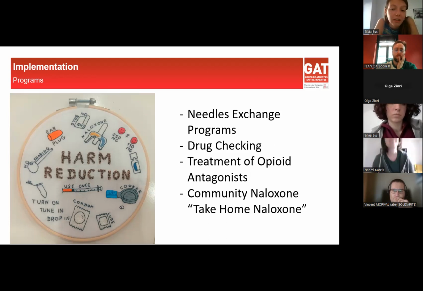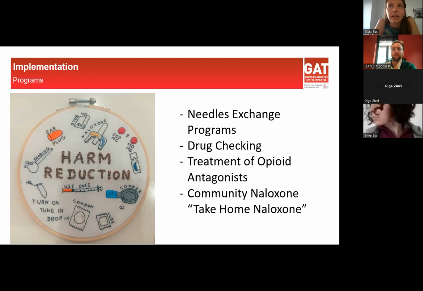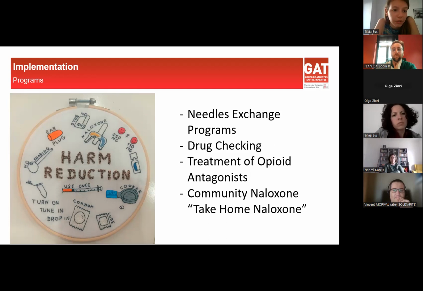And we have to make it communitary, because it's something that is in hospitals and ERs, but in the end, the community is going to be there when the person is having an overdose. So it's really important that we provide trainings for the people, for the drug users, and we give it to them in order to be there and be able to use it, even if they don't have enough to revert an overdose. At least it can help until the emergency professionals arrive.